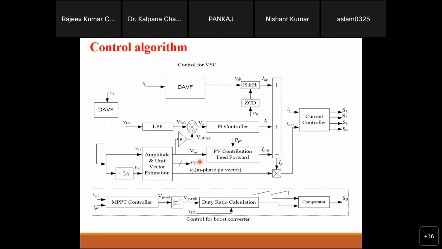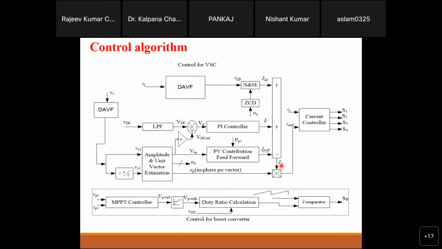Similarly, this is the PV power. The PV power is divided by the grid voltage magnitude, just like the previous one, PPV divided by 2 by 3 of the grid voltage magnitude. So you will see the grid current, sorry, the equivalent PV current on the PCC. These things are the same as the previous one. Just add both and subtract this one, and you can generate this IP.